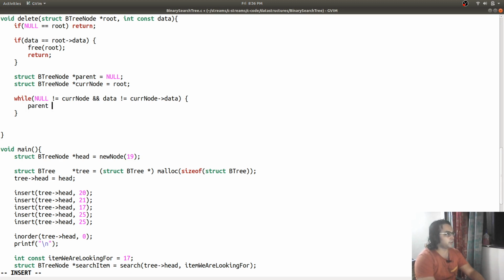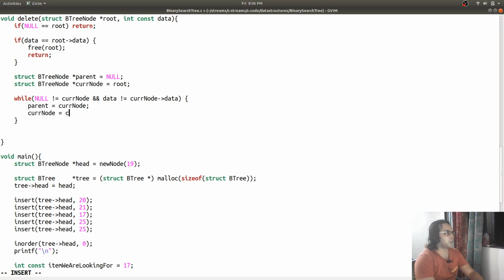And what are we going to do? Parent is equal to current node, and for current node I will have to check if data is greater than current node data, then current node needs to move to the right.